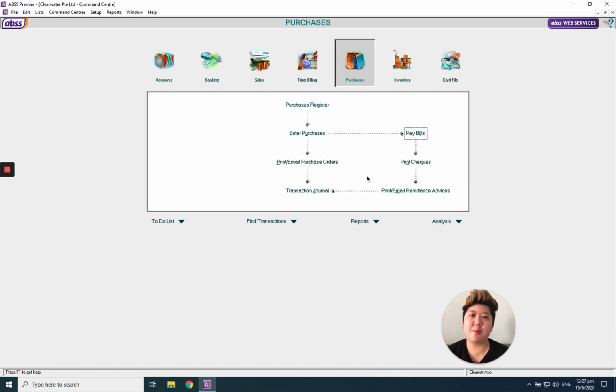Hello, today I'm going to introduce to all of you how to enter a purchase order and also convert your purchase order (PO) into a supplier invoice when you receive the supplier invoice, so you don't do duplicate things again. So go to purchase, enter purchase,